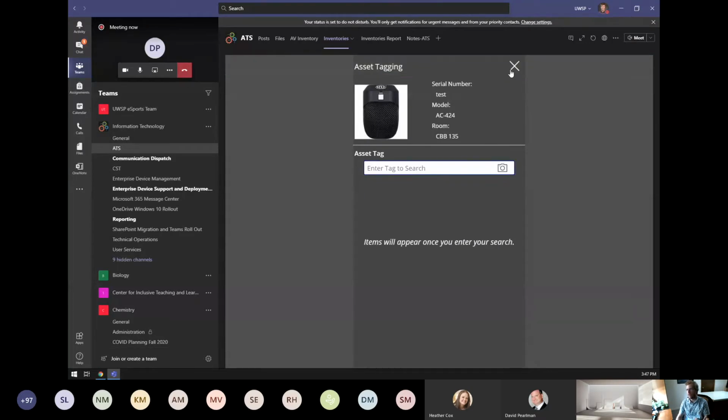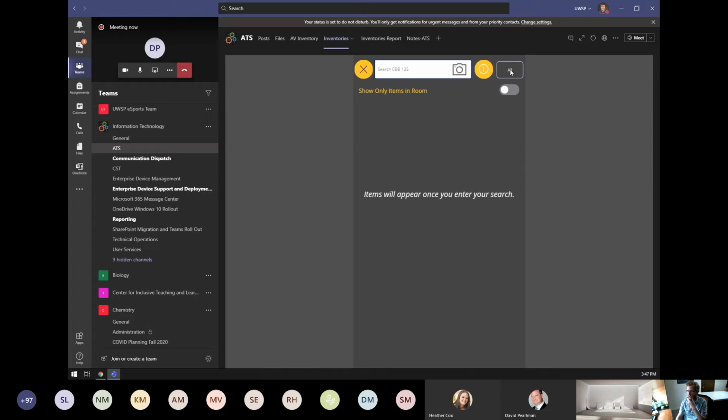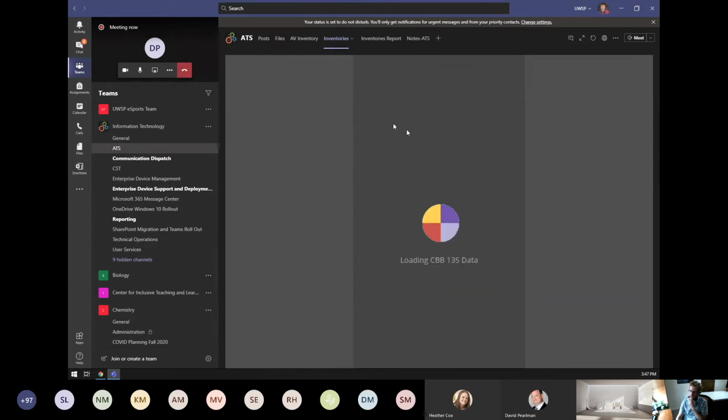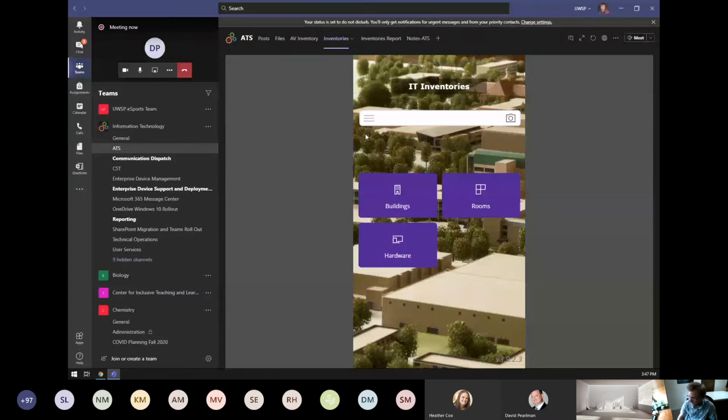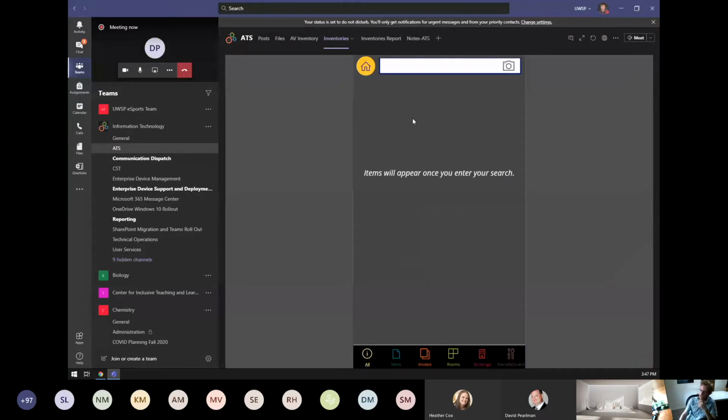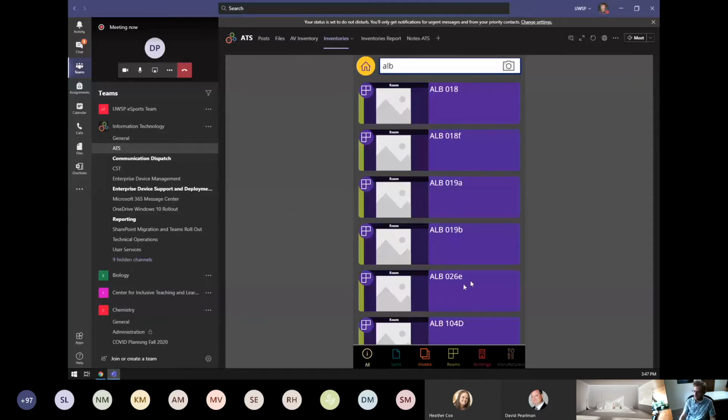And that becomes pretty helpful because one piece of feedback I did get is I need a home button. But one thing that we can do is there's this handy search button, and that allows me to click this camera button when I'm on the go with my mobile phone and be able to scan a QR code, which is that asset tag. But I can't use the camera because I'm streaming right now, so we'll just take a look at